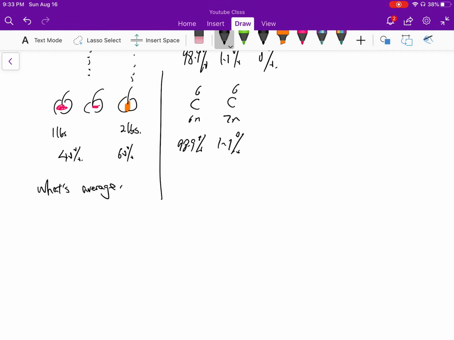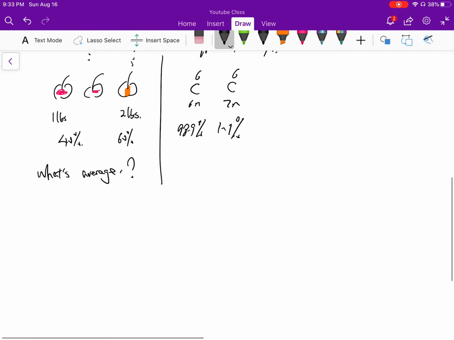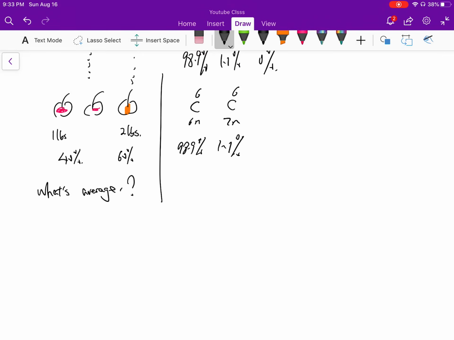So let's go back to our apple problem first. What's the average weight of our apple? Well, if we calculate it, let's assume I have 100 apples. That means I have 40 of 1 pound and 60 of 2 pounds, right? So the average weight